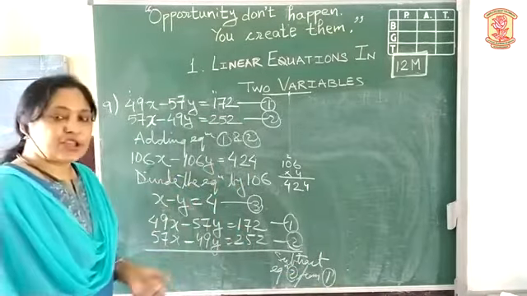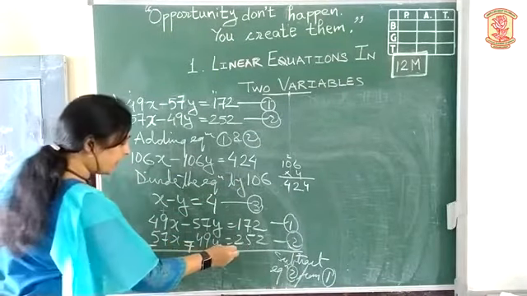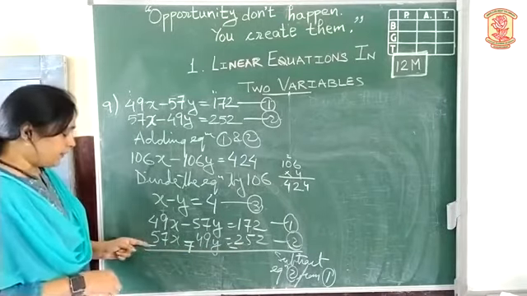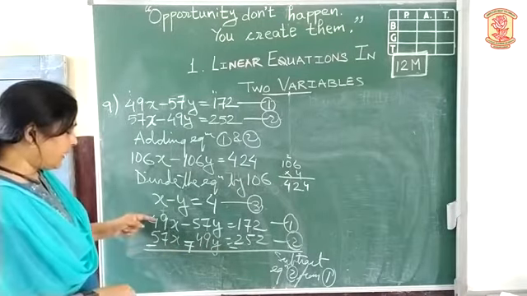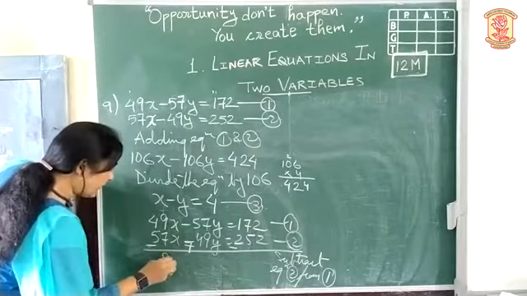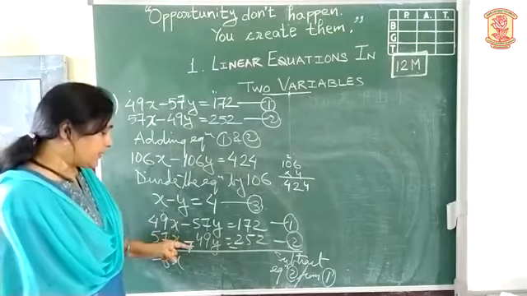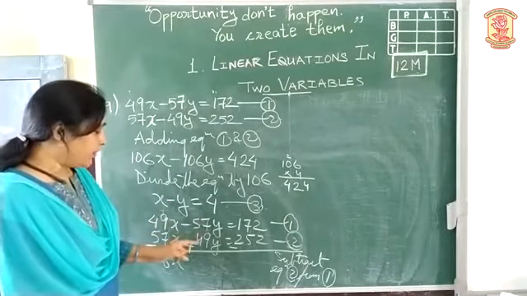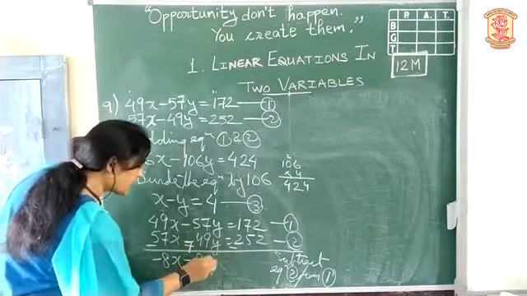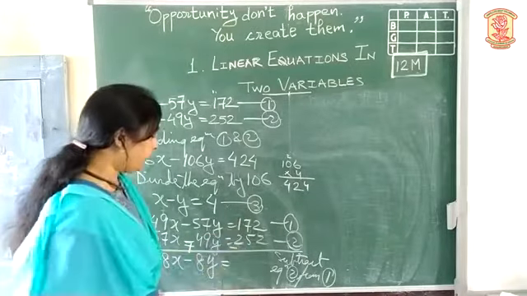Subtraction again means change of sign. Plus becomes minus, minus becomes plus, and again plus becomes minus. Now 57 minus 49, that is 8. So we get 8x and bigger number sign is minus. Again minus plus is minus. 57 minus 49, that is 8, and bigger number sign is minus. So it is minus 8y equals to